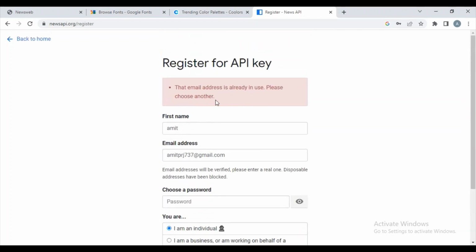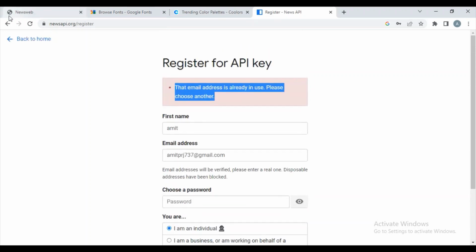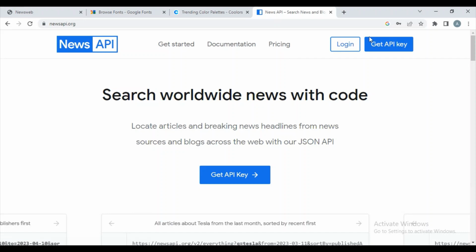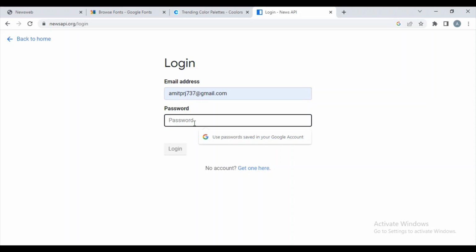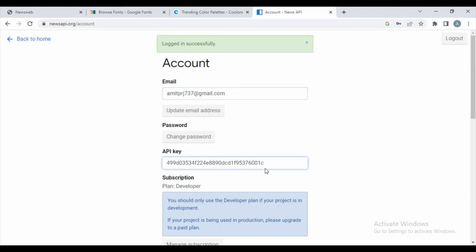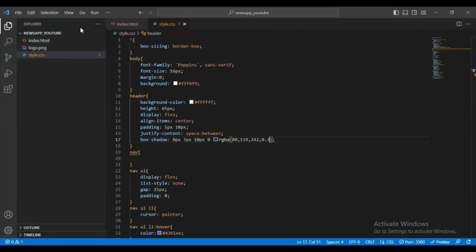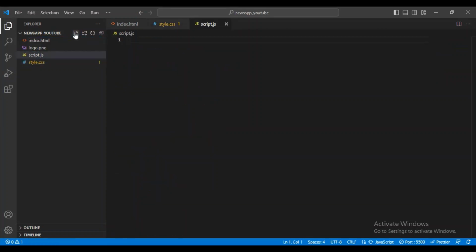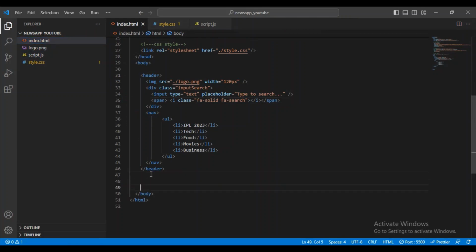Here I was already registered. For that, let me just go back and log in. I will go on the login section, and here I will enter my email ID and password, and see here displays my API key. Let me just copy this API key, and first of all I will create one script file, script.js, and this script.js file I will add in the index.html file here, and here at the bottom in the body section I will create